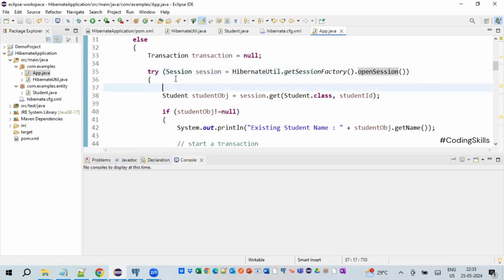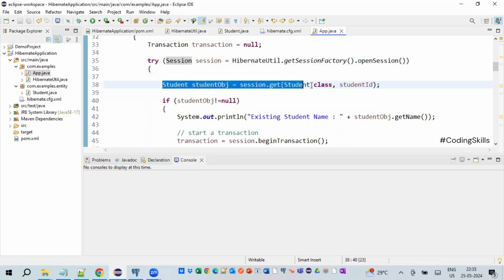We can also code the other way. You can directly move this complete getting of the session object into here. So then we are trying to get the session object, session.get with student.class and the respective ID variable, whatever we have read from the input stream. This is going to get the student record from the database, and this is going to capture into the student object